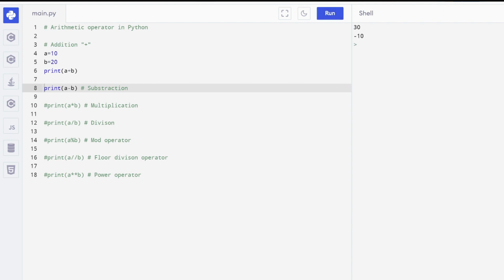The third one is multiplication. So what will be the multiplication of 10 and 20? It will be just 200. You can see here the values are coming. Now